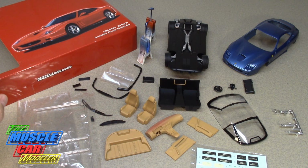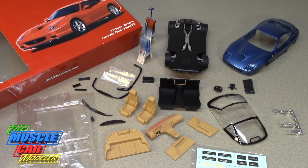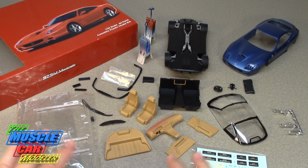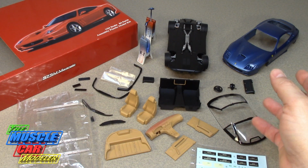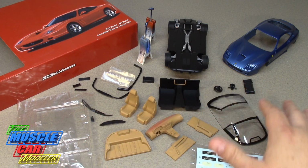But when it came to it, there were a number of Fujimi kits, but he had 3 of this 575M Maranello, and this one was completely unbuilt. But this guy, he liked to take parts off of the trees, so all of the trees on all of the kits were cut up, which made inventorying them a little more difficult. But they pretty much all had decals, and he had repainted a lot of the bodies, and on the other 2 Maranellos, the bodies were painted, and I passed those on, but this one was completely unbuilt and